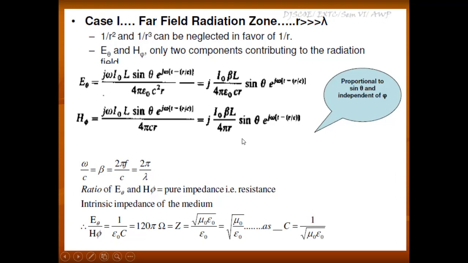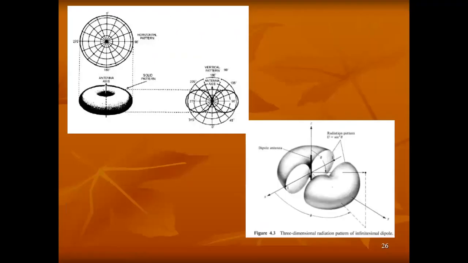So they are perpendicular to each other. As we say when radiation is there, if the electric field is this and the magnetic field is this, they propagate this way. Because E theta and phi, okay, theta is the vertical angle, phi is the horizontal angle, so the radiation propagation is perpendicular to both. This is the way they go. So this is the radiation pattern.